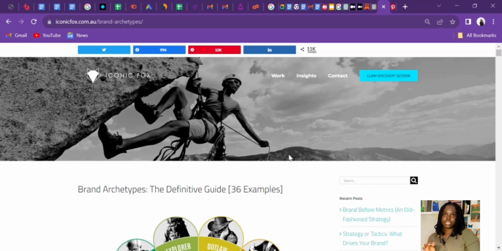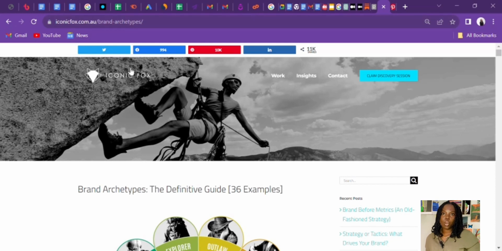The next thing for us to do is to determine what our brand archetype is. What is an archetype? An archetype is used to determine the theme, the tone, the texture, the message of any brand at all. This is the article that I would like you to digest. It will guide you in understanding your brand archetype, so you can know the tone and theme of your brand.